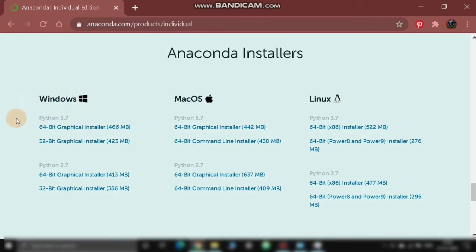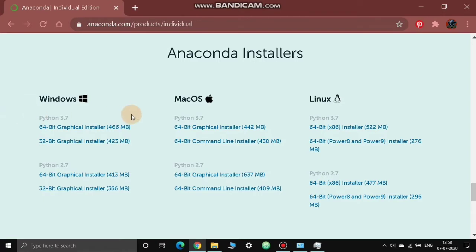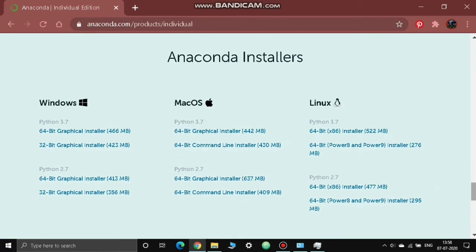Python 3.8.2 has already been released, but right now 3.7 is showing here. That means they have updated the versions up to 3.7 and not more than that.